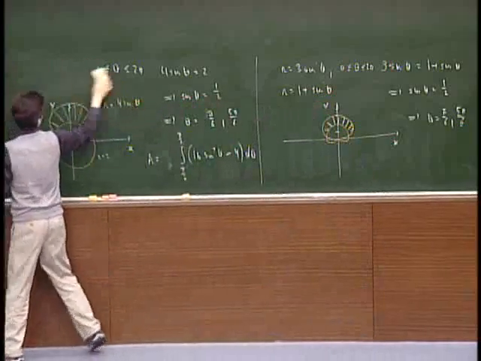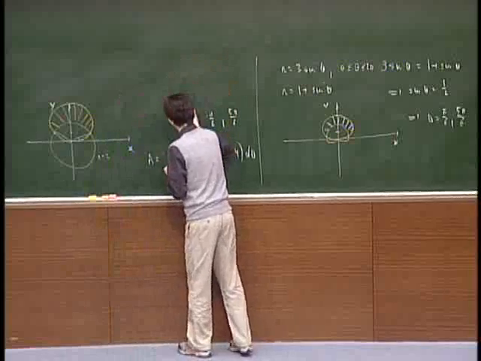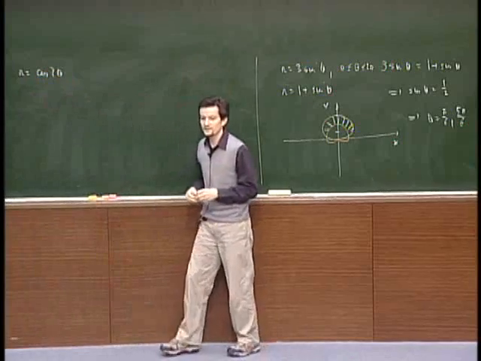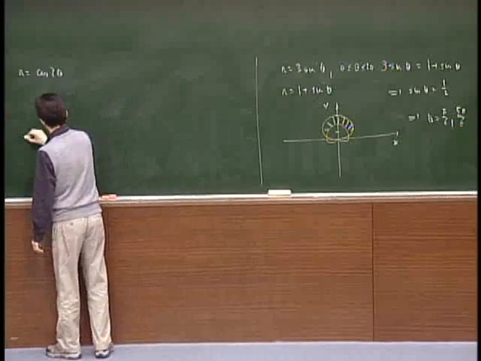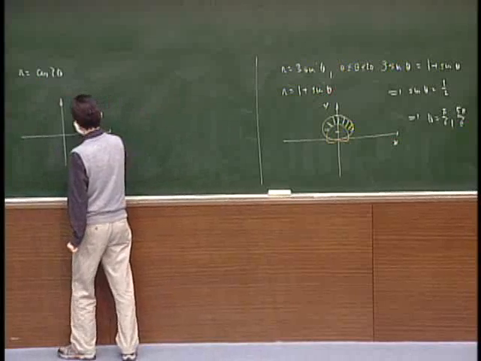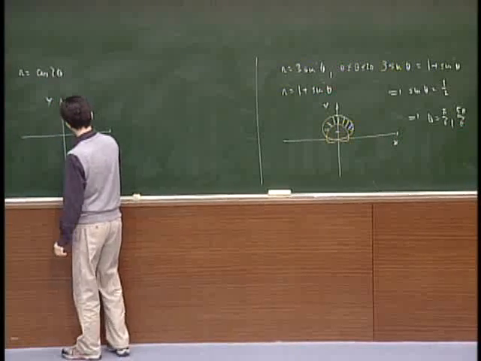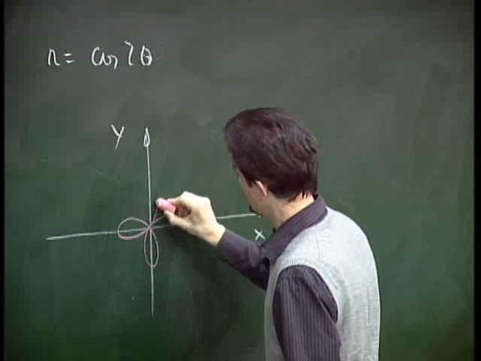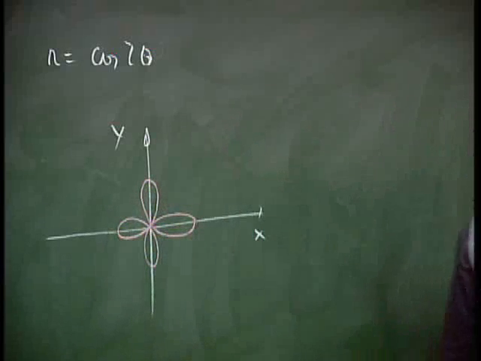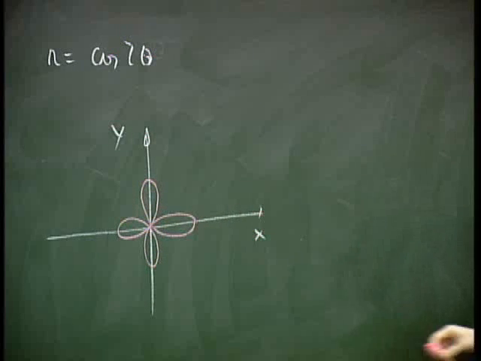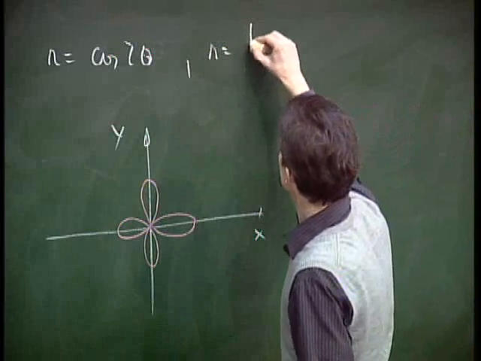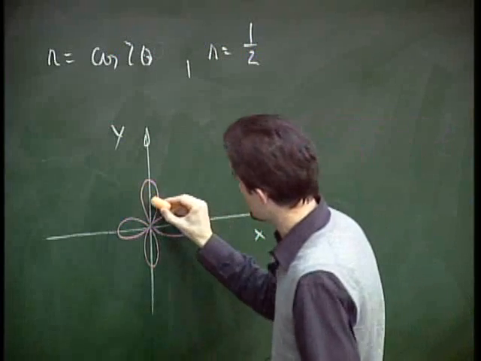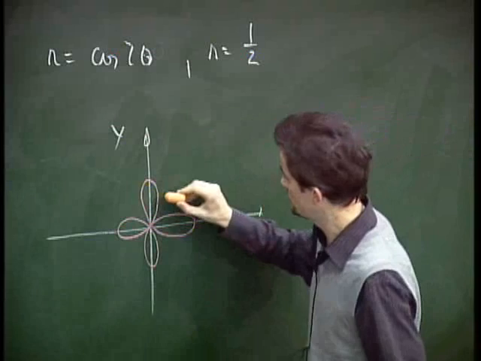Another good example is this one, which is also in our textbook. This polar curve we also discussed last time. It looks like this: a rose with 4 loops, or 4 leaves. Now, if you intersect this polar curve with this one, r equal to 1/2, where this length here is 1, you have here